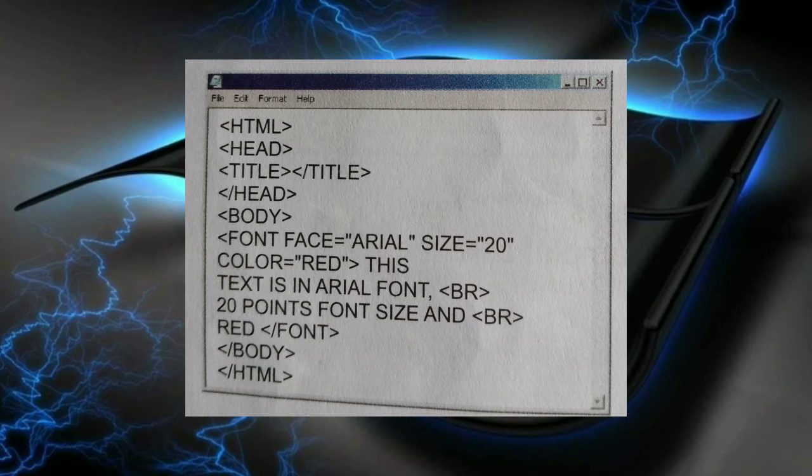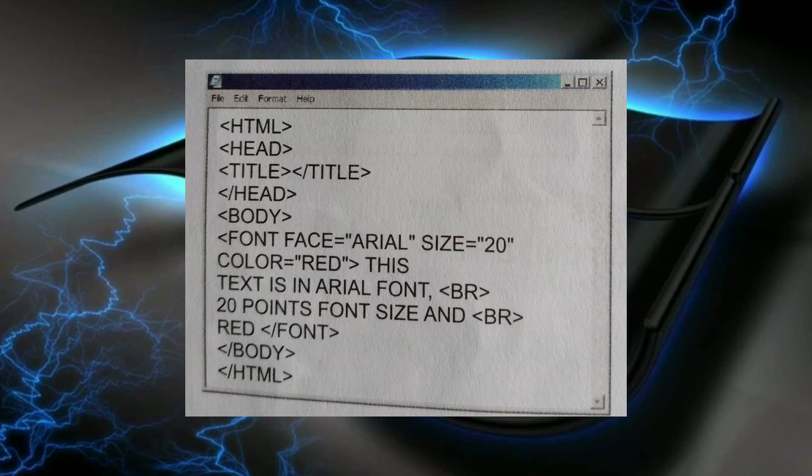This text is in Arial font, break tag 20 points font size and break red, font tag close, close the body tag, close the HTML window.